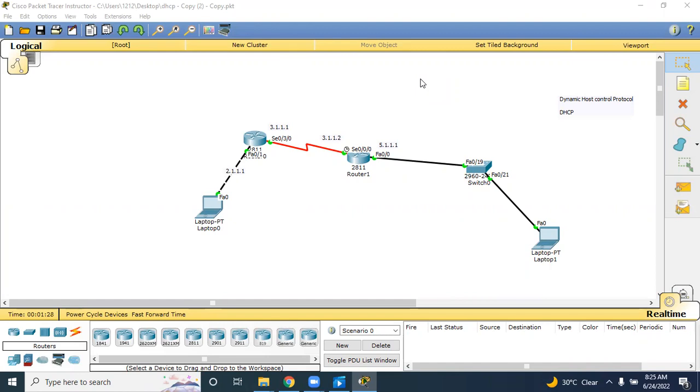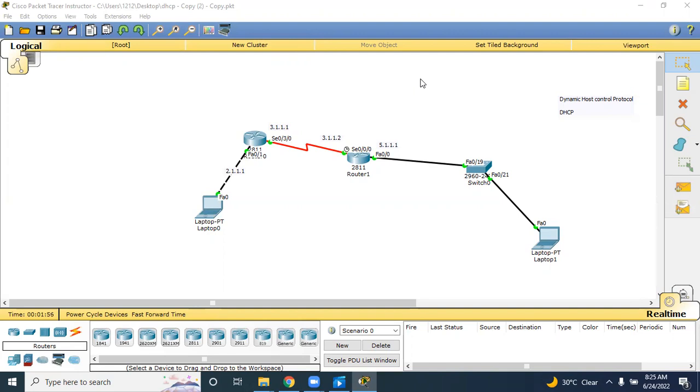So in the previous video, we learned how to make a basic network topology and how to do gateway configurations. Then we also learned static routing protocols and dynamic routing protocols. And we learned that if we have different dynamic routing protocols implemented in one network topology, how we do redistribution for that. If you want to learn any of that, I will add those video links in the description below. And what we're going to learn today is how to do DHCP